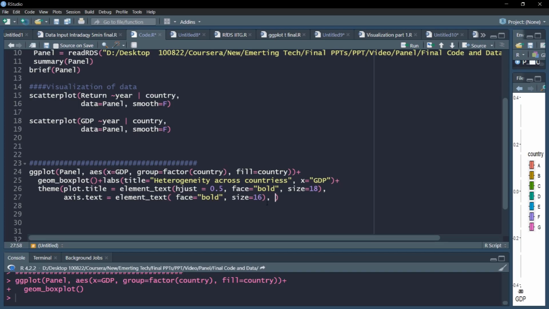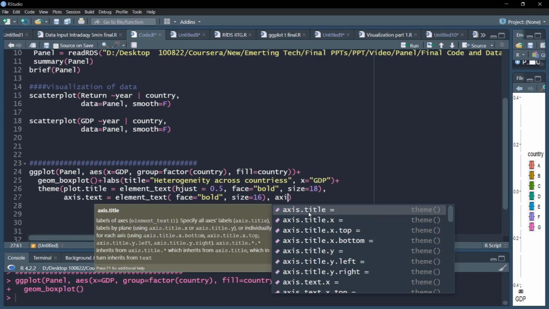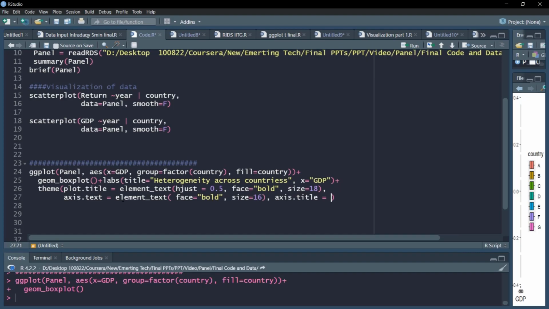The last argument I want to add is axis.title. I first changed the properties of the axis labels, and now the title also. I'll use element_text again with the same arguments. Now I'm ready to plot.